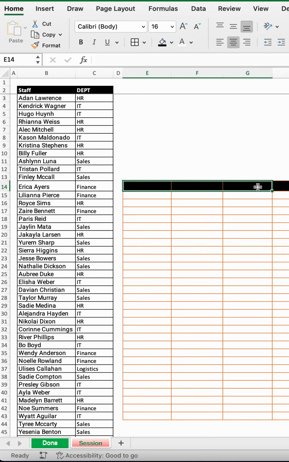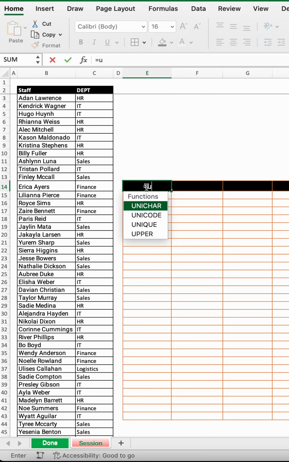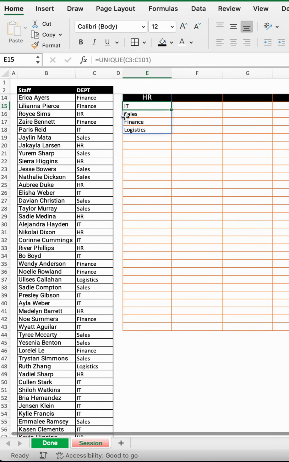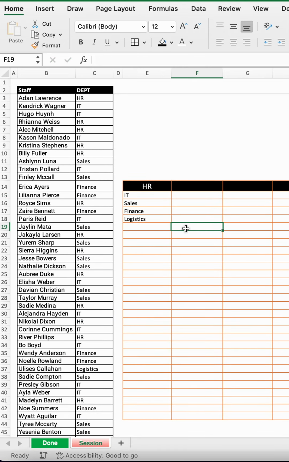It is just a simple formula we are going to use: the UNIQUE formula. We are going to pick the unique departments that are here. So here, equal to, I will use the formula UNIQUE, select the whole range down to the bottom and enter. So it will give me all the unique